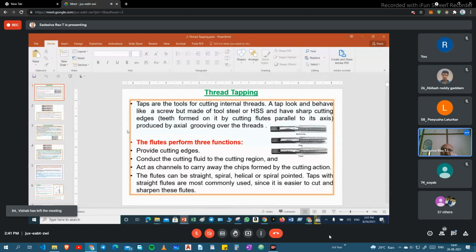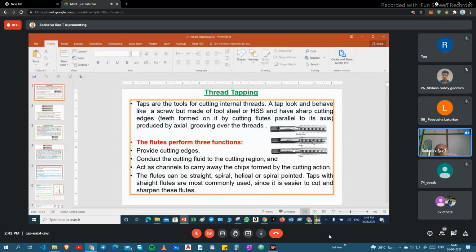And the flutes perform 3 functions. One is to provide cutting edges. Also, here in between there is empty space. For cutting fluid, we will send it here, because it is for heat removal purposes.